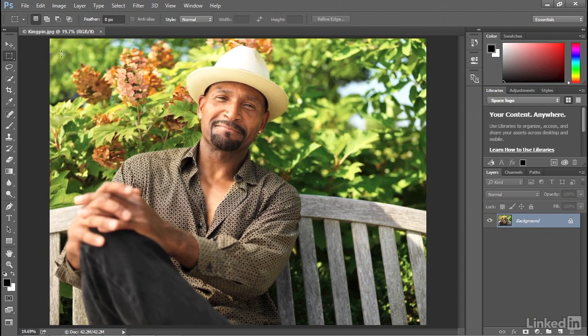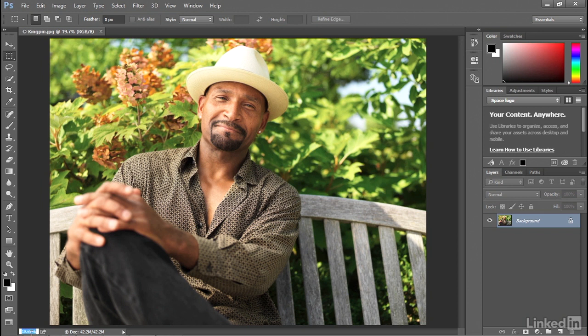I could press Control-0 or Command-0 on the Mac, but Photoshop's pretty conservative. It goes ahead and retains a little bit of this gray pasteboard around the entire image. Let's say I don't want to see any of that pasteboard whatsoever. Well, I can drop down to this value in the lower left corner of the window and notice that it's telling me the exact zoom ratio, which happens to be